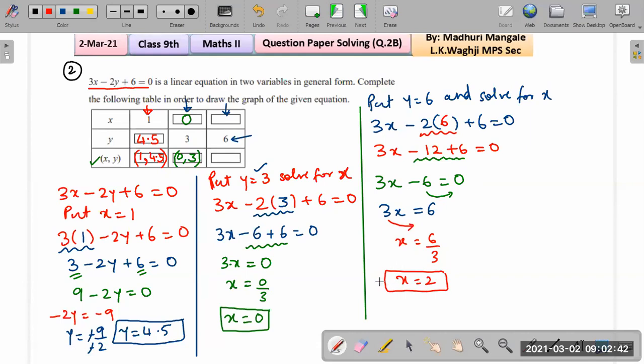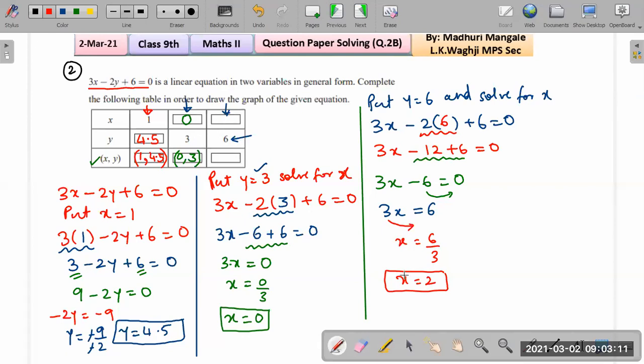This type of simple questions are there in 10th also. That is the basics for 1 mark and 2 marks. So do practice. Make sure that you are doing at least 5 to 6 such type of questions, so that you are very thorough with this type of questions. This type of questions can be asked for 1 mark, 2 marks, 3 marks as well. And further it can go for 4 marks also, where you will be asked to graph. All right, so do practice.